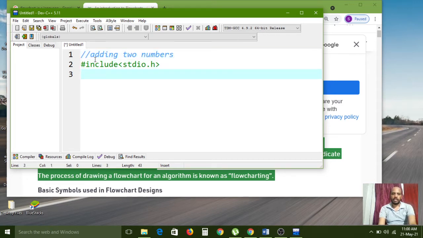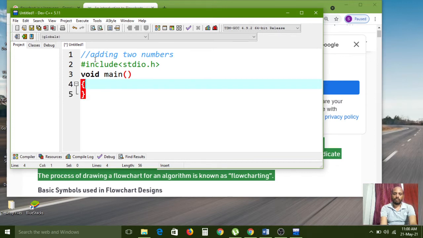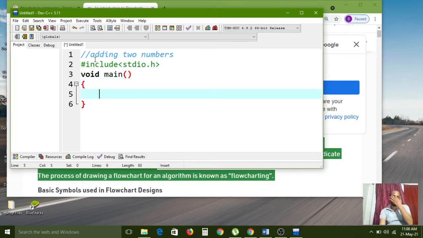For that, first I am using the main function. Without a main function we can't execute any C program. If you want to execute any C program, the main function is mandatory.